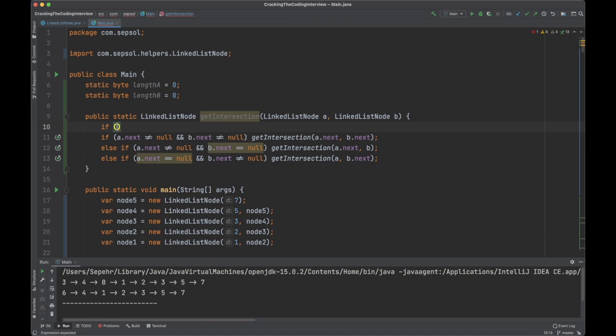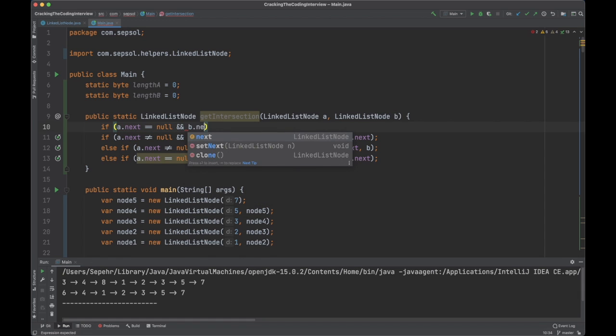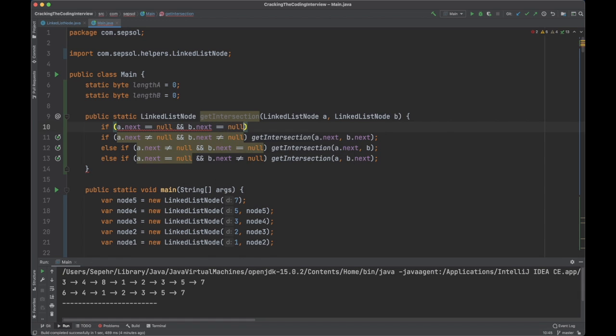So in our base case, it will say if this was null and this was null, then do something. Okay, if both of these were null, then do something. What do we want to do? So we will